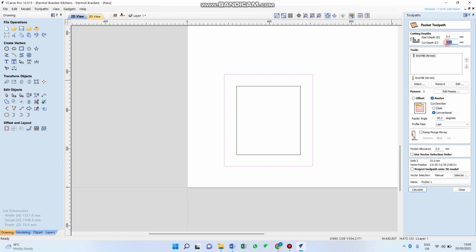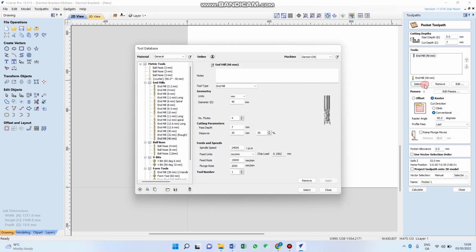Let's just say I'm doing doors. I want to go 7 mil deep. I'm going to do a square shaker here now. The simplest door you can do, right? All you need to do is select two tools. Your main tool for doing the pocketing. And then I'm going to pick